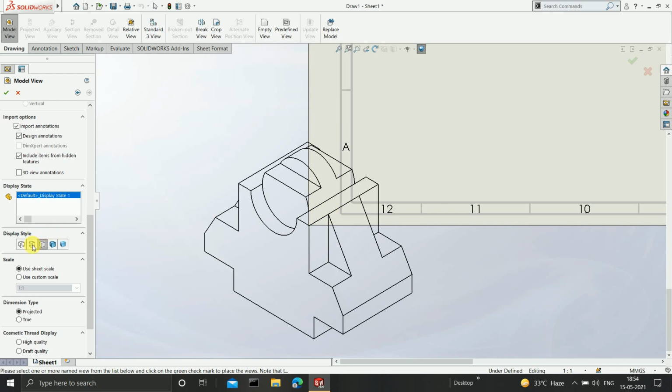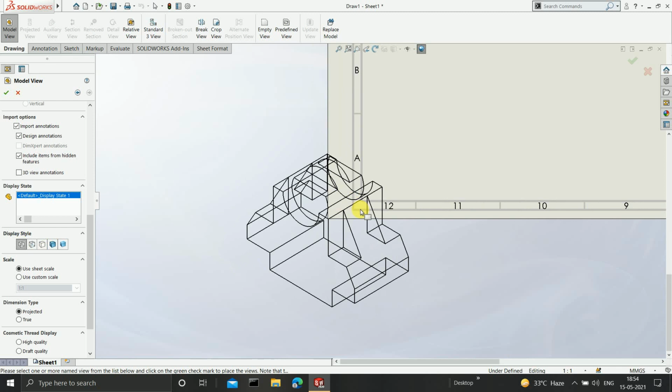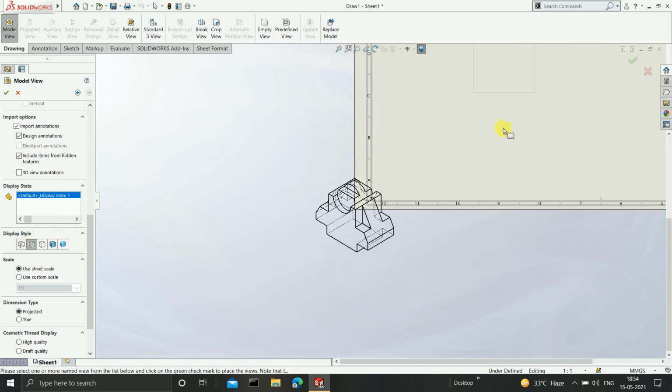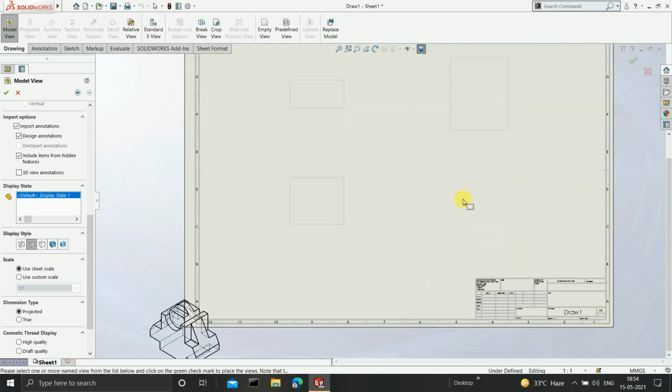Okay. Then here we have solid line along with hidden lines, and in the last we have the wireframe view. Okay, where the hidden lines which we usually draw as dotted lines, they will get converted into a solid line. So I am going to select this particular option, that is hidden lines visible. Okay, so here you got to know how the example is exactly going to look like.